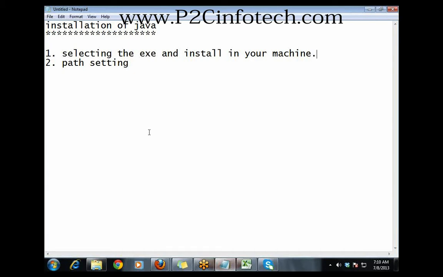Most of the people will anyway be using the Windows operating system. I'm not sure whether you might be using Unix, Solaris, Linux, Mac, or any other operating system on your machine. The very first thing is you have to choose the right executable file for installation.